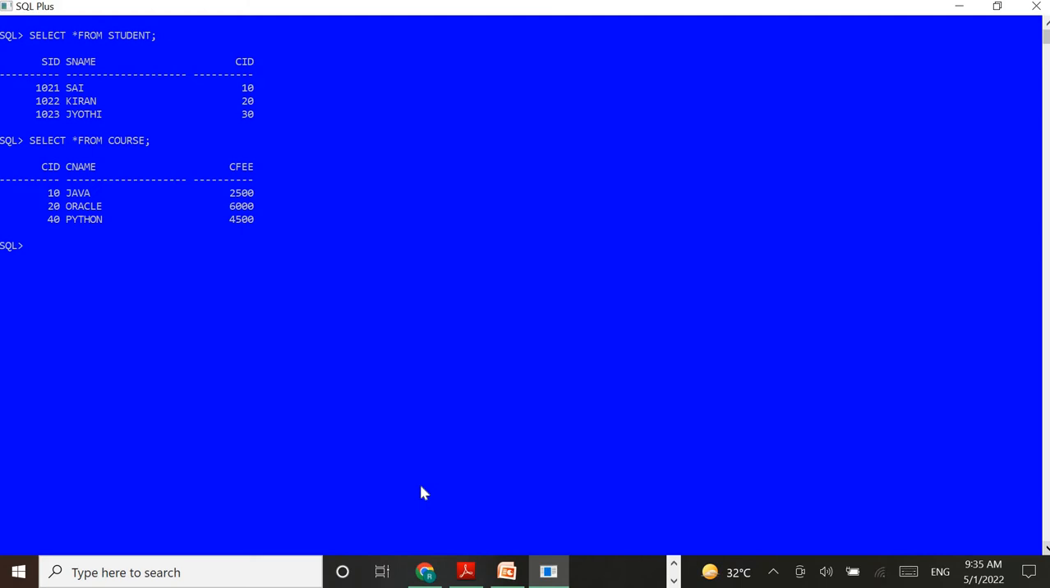For this joining purpose, we have a query: select. According to the first syntax of the inner join, I'm going to join these two tables. Select star means all the columns and all the rows of both the tables. Table name 1 means student. Here I am mentioning inner join. It is a keyword because it is the inner join concept, and I am mentioning table 2 name, that means the course table,